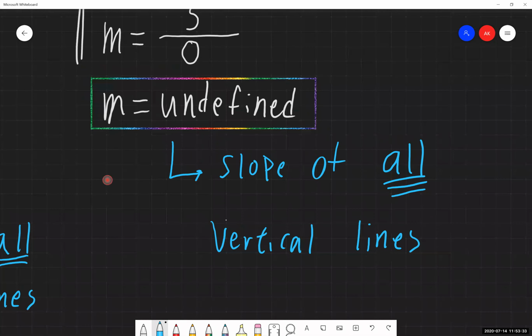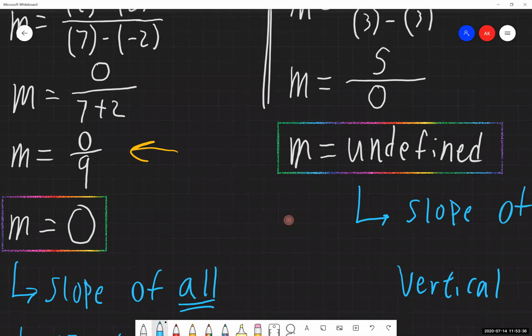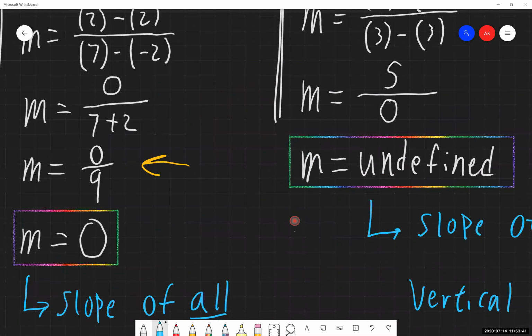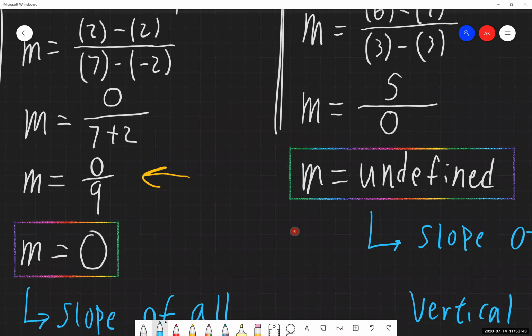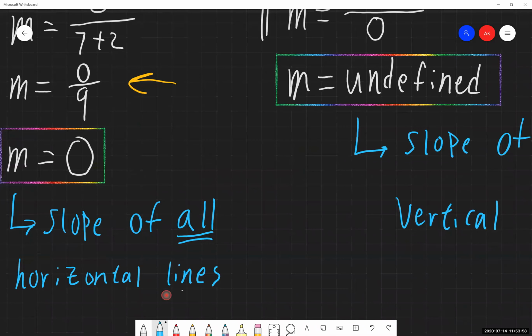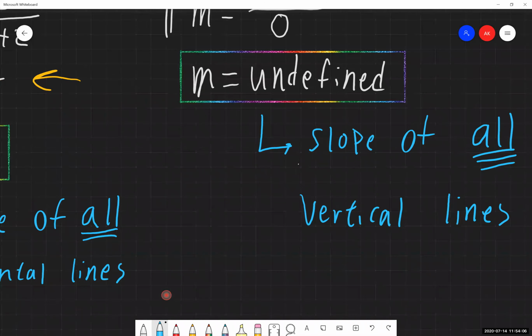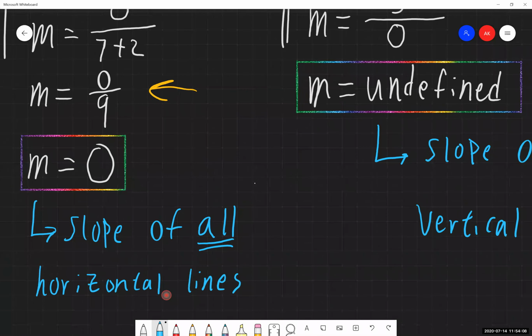So these were the two kind of weird exception cases that show up with our answers. So if you are going through these on the homework or on the test or otherwise, and you're finding, well, hold on, I'm getting 0 divided by something for my slope, or I'm getting something divided by 0 for my slope. Is this even possible? And yes, it absolutely is, because finding the slope of a line, well, a horizontal line is still a line. A vertical line is also still a line. And they just have a bit more uniquely set up and uniquely defined slopes for themselves.